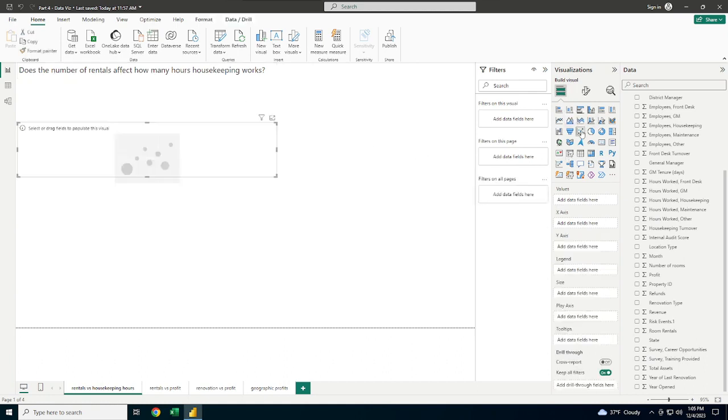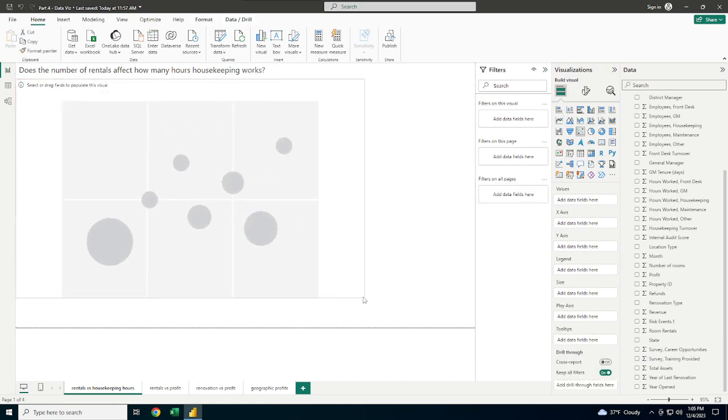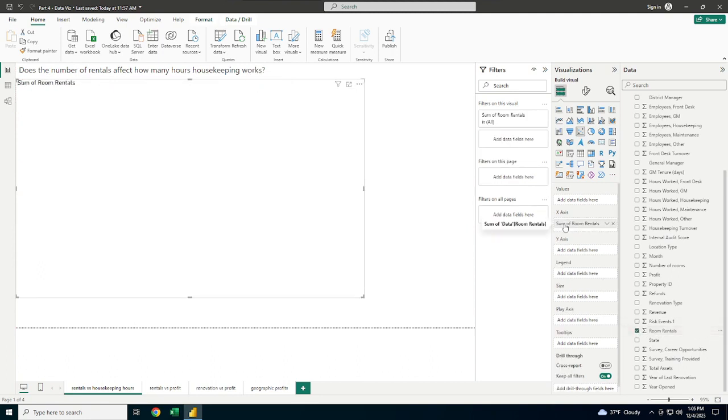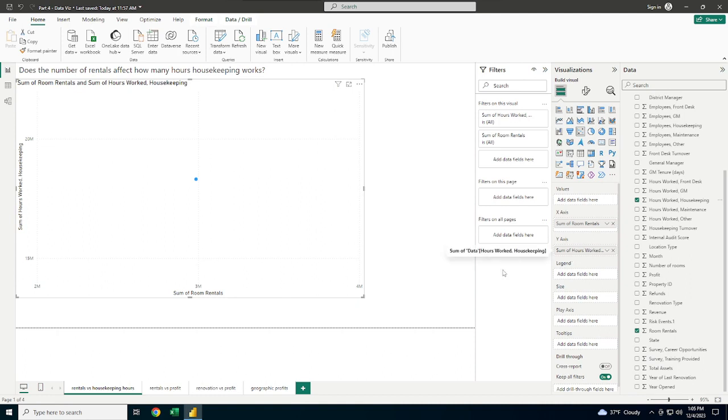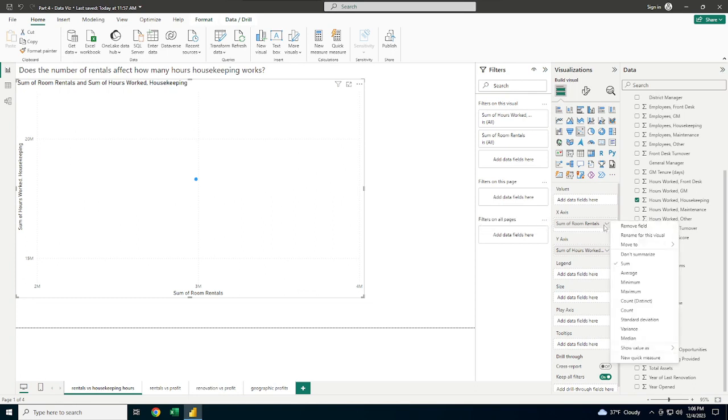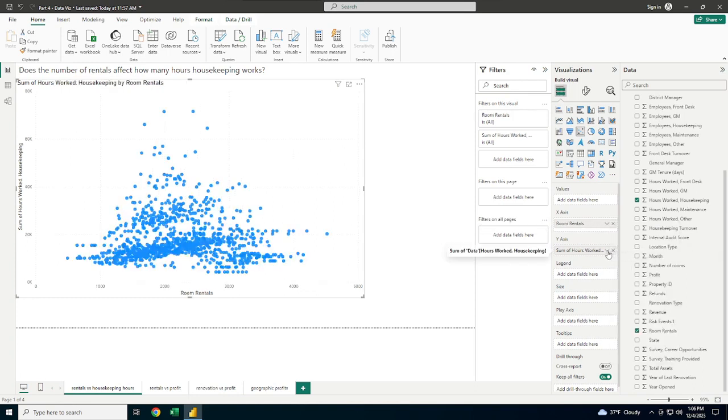So we'll stick in a scatter plot, bring it up to the top here and expand it. And then we're just going to click on room rentals. That'll place it in the x-axis. And we'll click on hours worked housekeeping. And you'll notice, again, by default, it aggregates them and it sums them. We can pull down and select don't summarize and do that for both of those